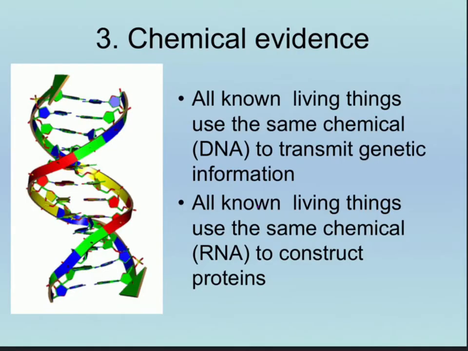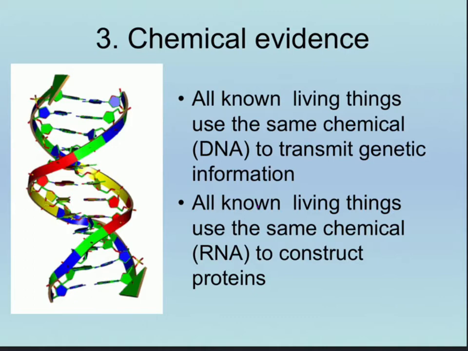So first, let's talk a little bit about the fact that of the strands of evidence that support the theory of biological evolution, chemical evidence is the one we haven't really talked about yet. And the first big clue is the fact that every living thing on the planet, from bacteria to blue whales, from earthworms to maple trees, uses the exact same chemical, DNA, to transmit their genetic information and directions for how to build proteins. What's interesting is that all known living things also use the same chemical, RNA, in the protein